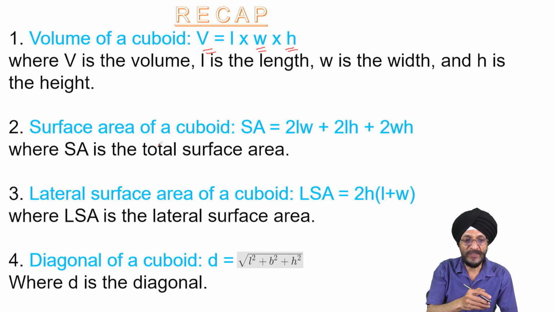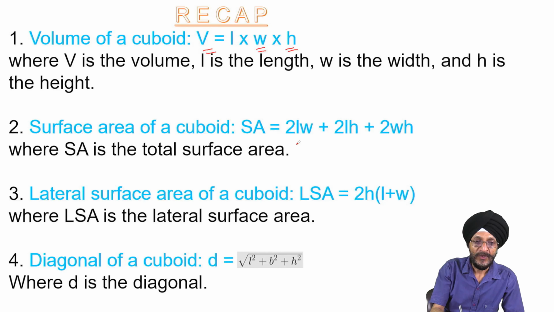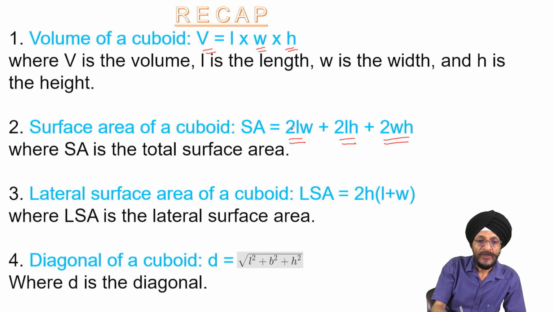When we are to calculate the surface area of a cuboid, we can use this formula: 2LW plus 2LH plus 2WH, where 2 multiplied by length multiplied by width plus 2 multiplied by length multiplied by height plus 2 multiplied by width multiplied by height,